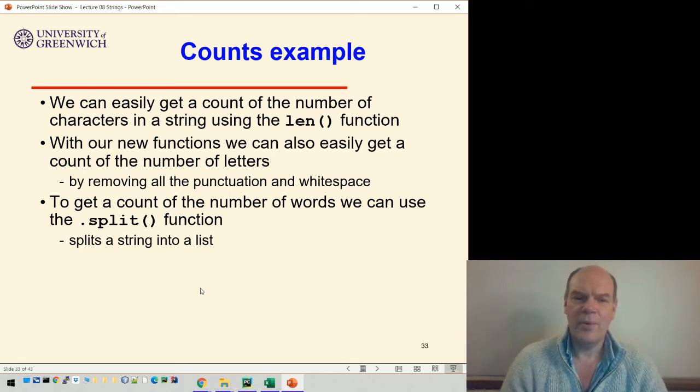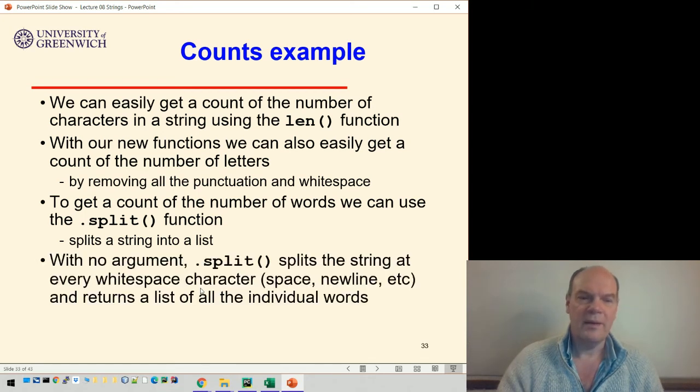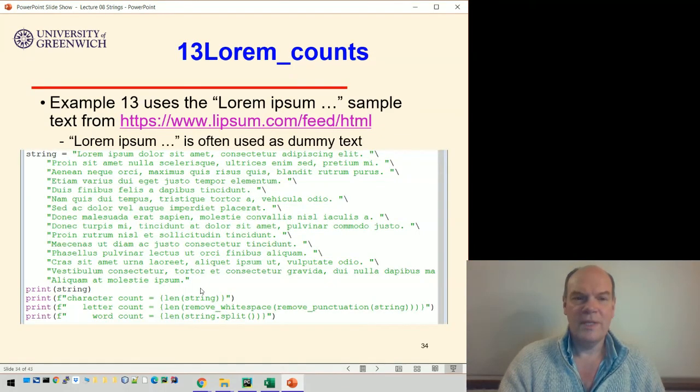If I want to get a count of the number of words, I can use another function we haven't met yet called split, and that splits a string into a list where each item is separated by white space. So if I have the string hello world, that gets separated into two items in a list, hello and world. So split returns a list of all the individual words. So, for example, I can get some text here,